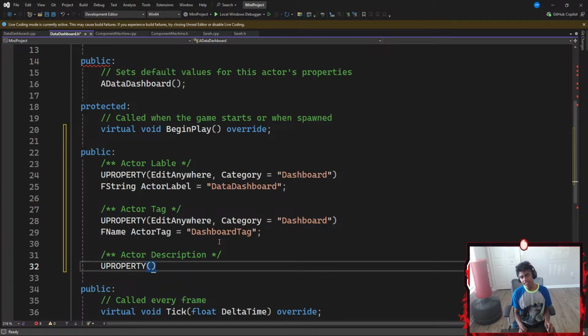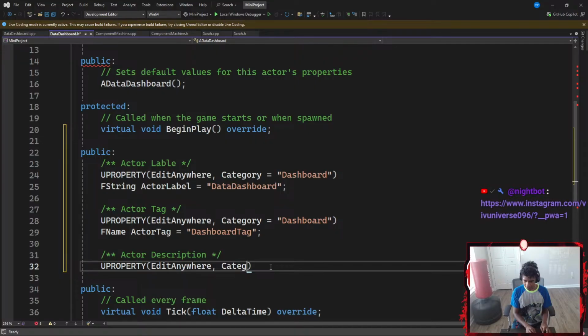I'm going to set it to be edit anywhere because I want to edit my actor's description either using my Blueprint defaults or my Unreal Engine's editor, which is technically my level's instance. So I'm going to go with the category next, which is going to be equal to, let's say, dashboard.